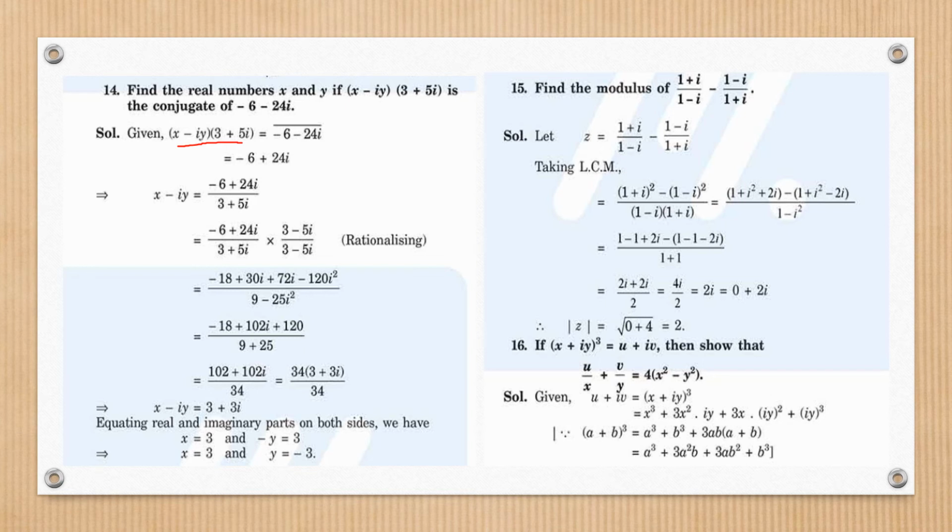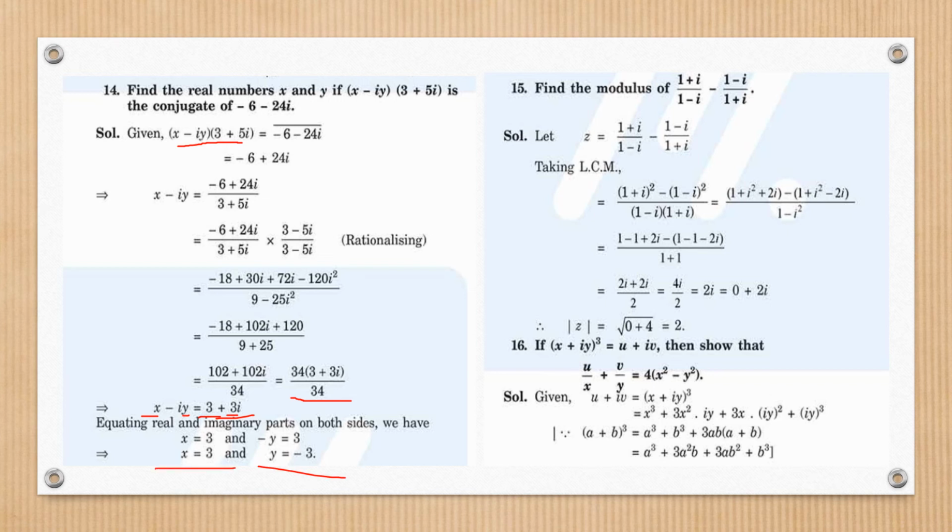So what I need to do is that I just need to change it to this form, that take this complex number to the denominator. Either you can go by the multiplication process also, but this will be a simpler one, that you take this to the denominator on the other side and then rationalize it by multiplying and dividing by 3 minus 5 iota. It gets reduced to a complex number which is your 3 plus 3 iota, okay, after cancellation. And two complex numbers are equal whose corresponding real parts and corresponding imaginary parts are equal. So from here I'll get x as 3 and minus y as 3 means y as minus 3. Okay.